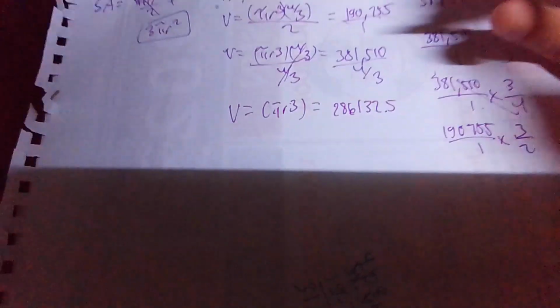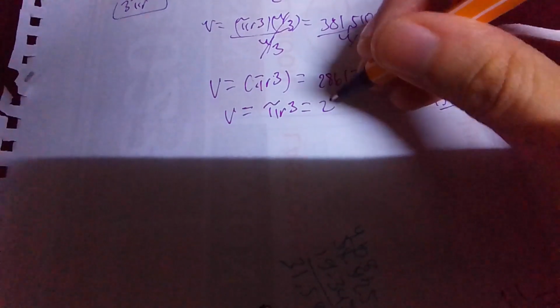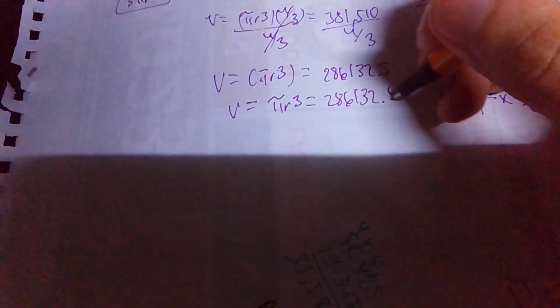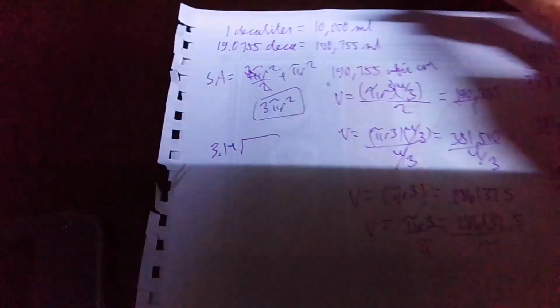Tama? Now, what's next? Volume is equivalent to pi r cubed. Next, we need to divide both sides by pi. Here's how we do it. You know pi is approximately 3.14. So, gagawin namin to. Diba? 3.14 is equivalent to, divide by, is